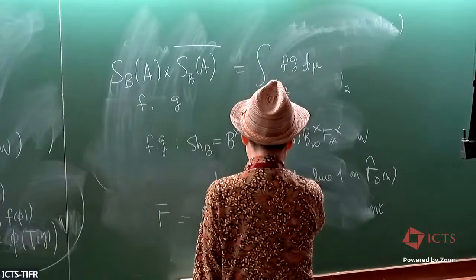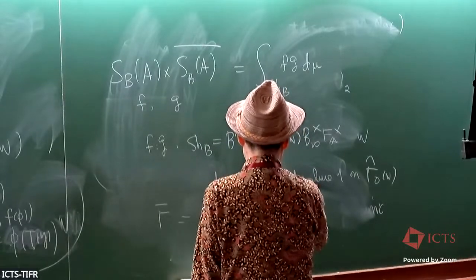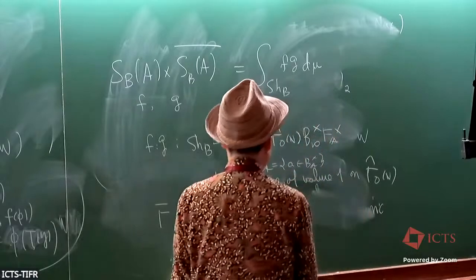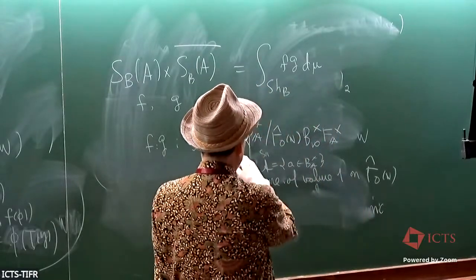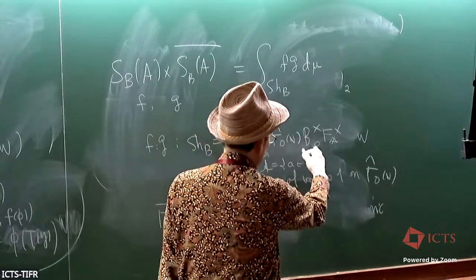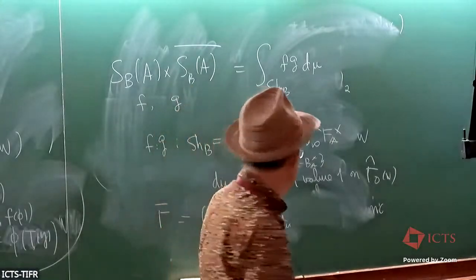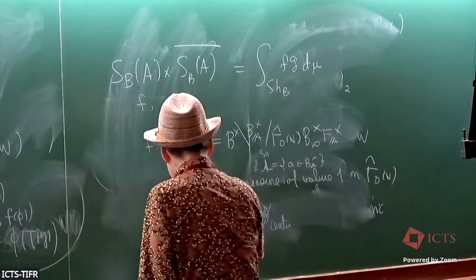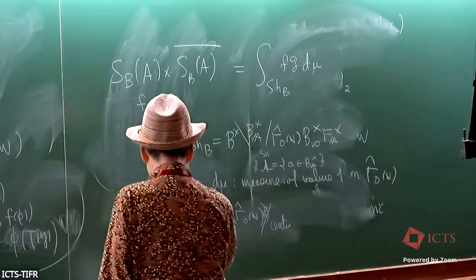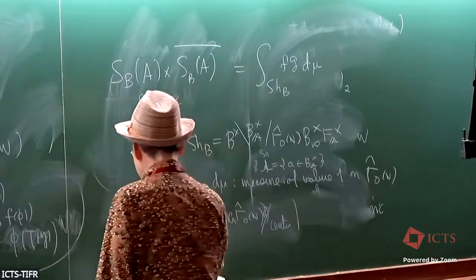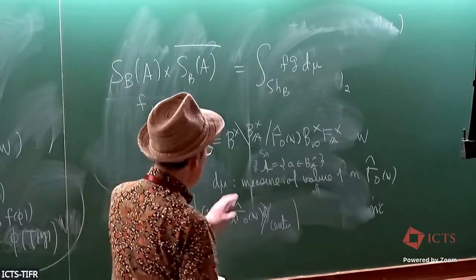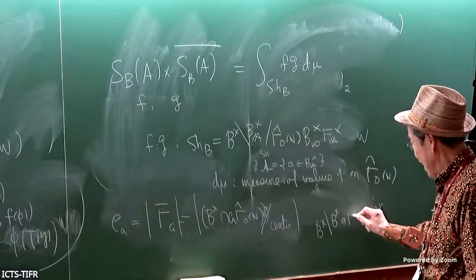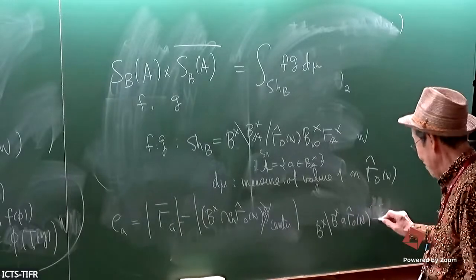Actually, so therefore, I just take a representative set A. In other words, there's a finite set, and this is just a union of B^× A Γ̂₀, and so on, finitely many. Then, for example, if you take A inverse here, Γ_A is a finite group, and the order of this group I write E_A. What I'm saying is that for this coset, B^× over B^× A Γ̂₀(n), and so on, this kind of idea,